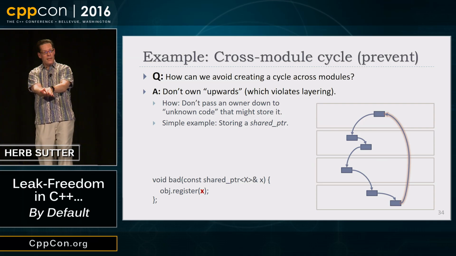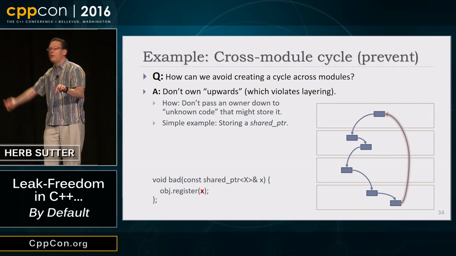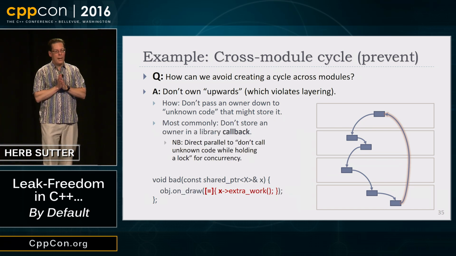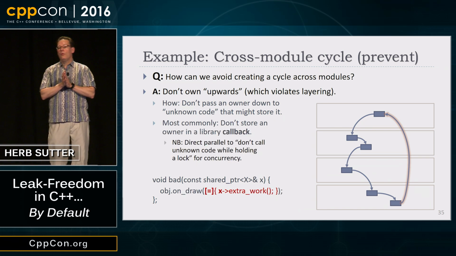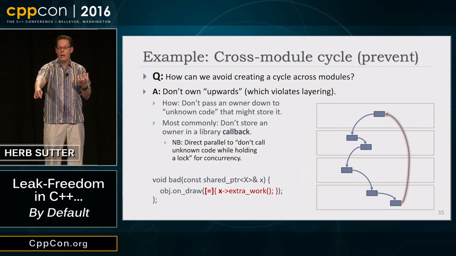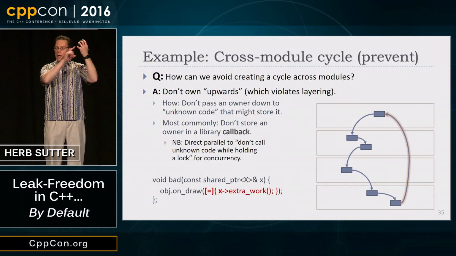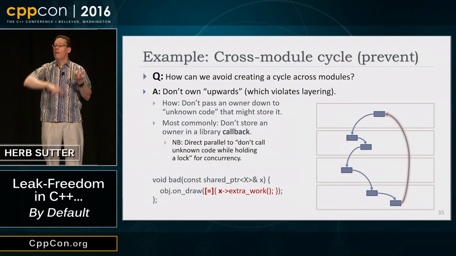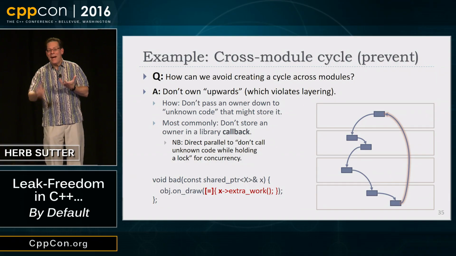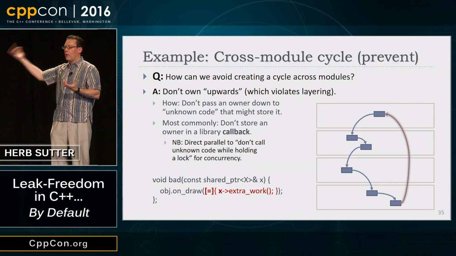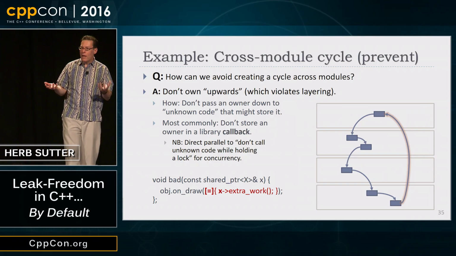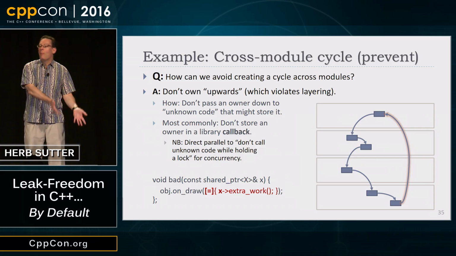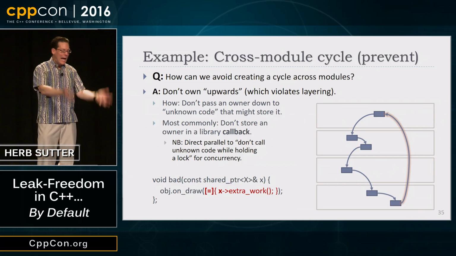And you don't want to give it a shared pointer, because if you do, it might store a copy, and then you've got that upward ownership edge. This is just like in parallelism and concurrency, we tell people don't call unknown code while holding a lock, for exactly the same reason, because a lock also is a directed part of a directed edge. I own something, and if you have an ownership cycle of locks, because the thing you call might itself try to take a lock, and then some other thread tries to take them in the opposite order, it's the same character of problem. Where it really comes up often is when you're using callbacks, because it is completely natural to,